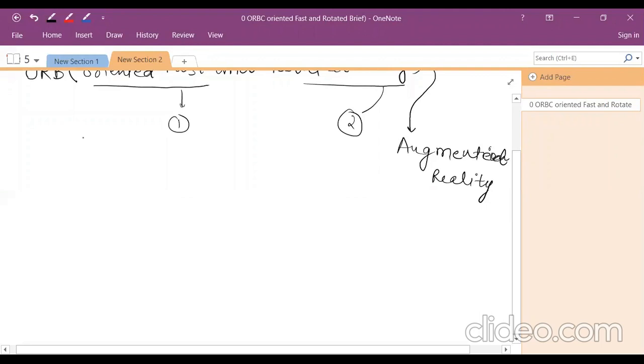After the ORB algorithm, we will start homography. As I told you, homography is the concept that does the transformation from 2D to 3D or more than 3 dimensions. After that, we will move toward the camera models, because for augmented reality applications you have to turn on your webcam and capture your photos in order to launch the real-time application. So we will learn camera models after homography. After these two concepts, we will jump toward augmented reality. Hopefully, by the middle of September we will cover all these concepts.